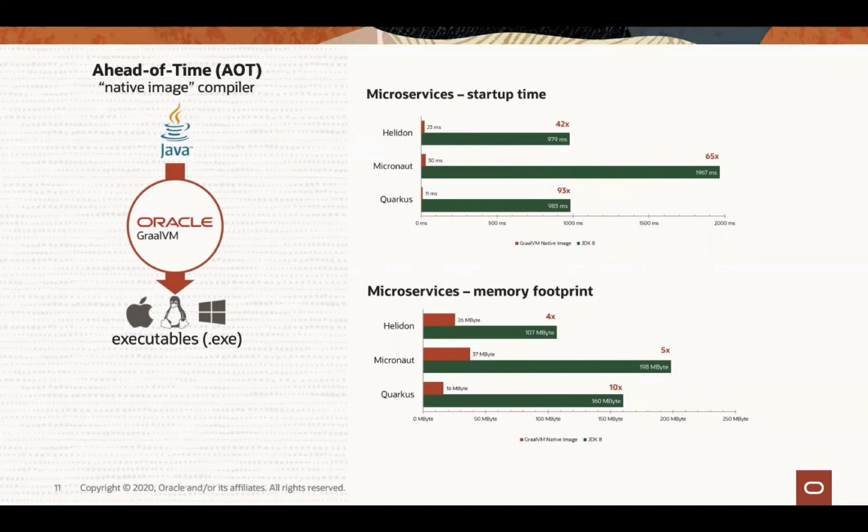Same thing around memory utilization. Running on Quarkus, we're able to achieve 10 times memory utilization savings. We're working on updated benchmarks around Spring and should have them shortly, but we do have integration points with whatever technologies you're using today. But I hope what you can take away from this is that by leveraging GraalVM in your serverless, containerized, or even legacy environments, you can start to truly achieve the benefits at every step of